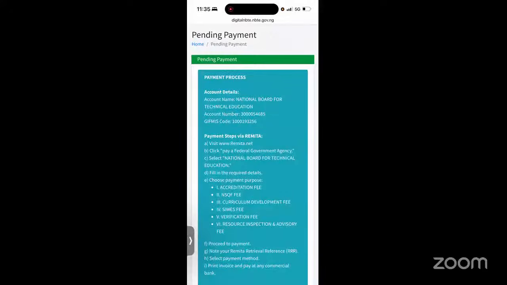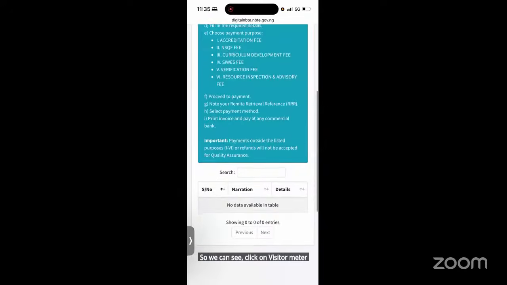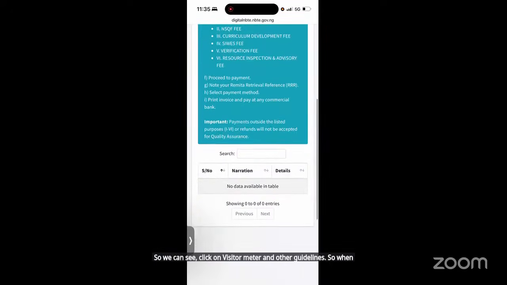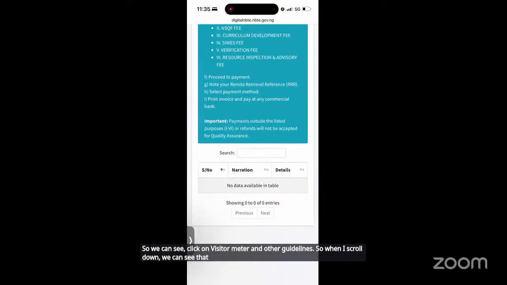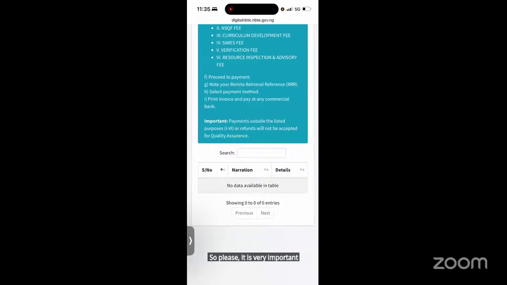Every payment to NBTE is to be done via Remita. So we can see, click on visit Remita and other guidelines. When I scroll down, we can see that we don't have any data available because we don't have any pending payments. So please, it is very important for institutions to not make any payments unless the system has generated